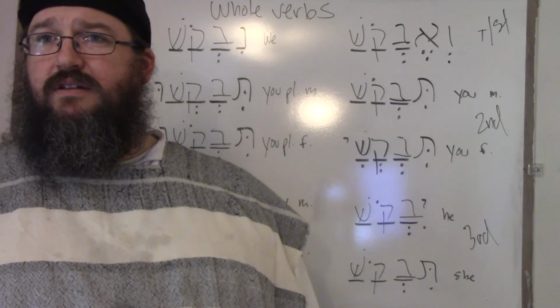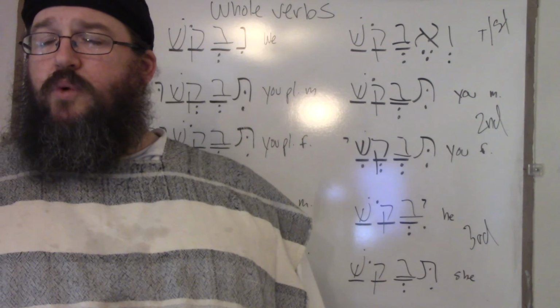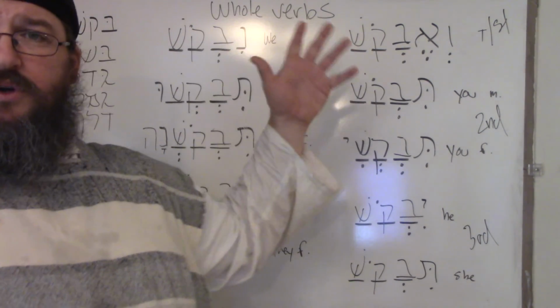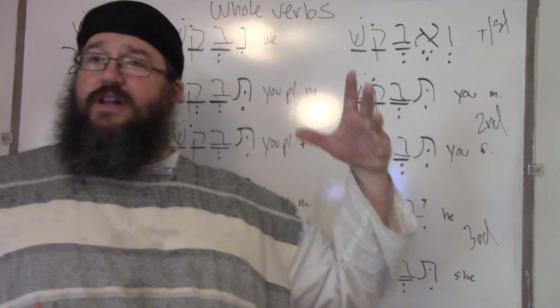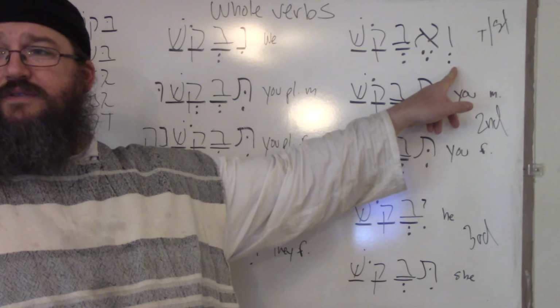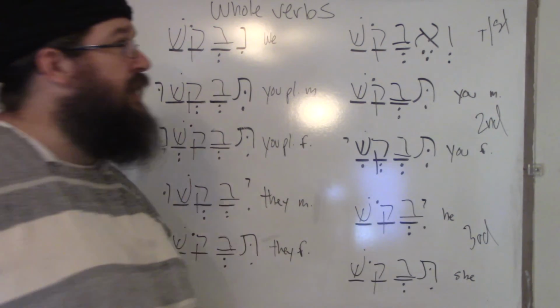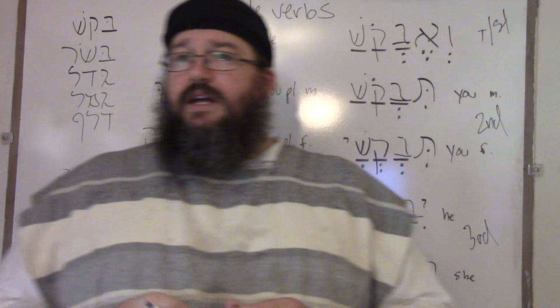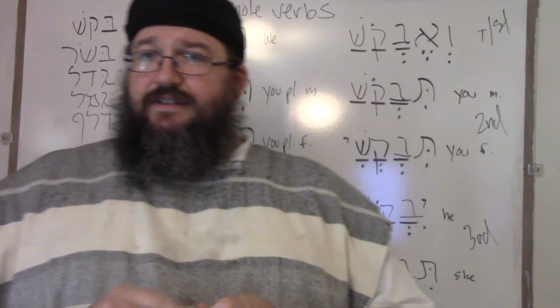You understand? So when we put this Vav in front, this verb form now becomes just a regular future with a Vav placed in front of it. Okay? However, as we learn in the past tense, as we will